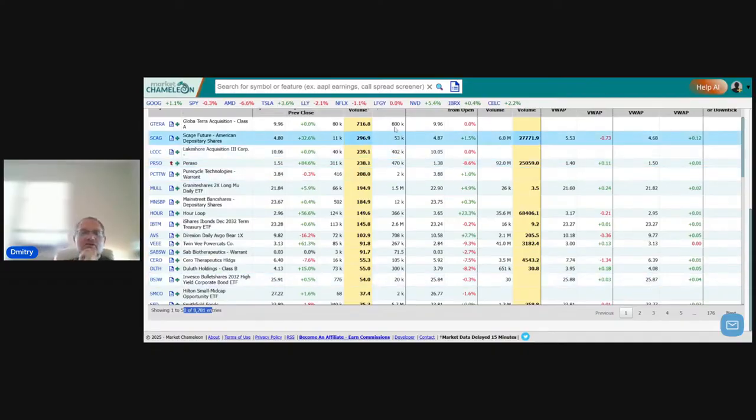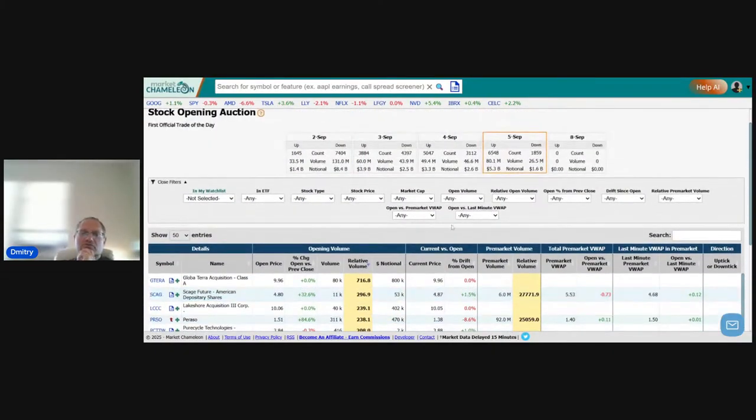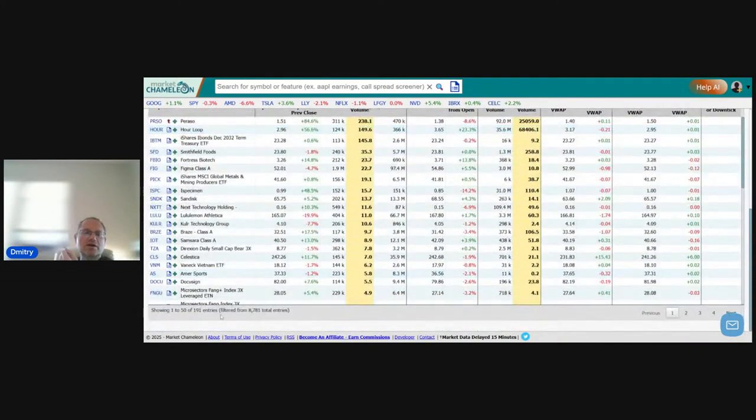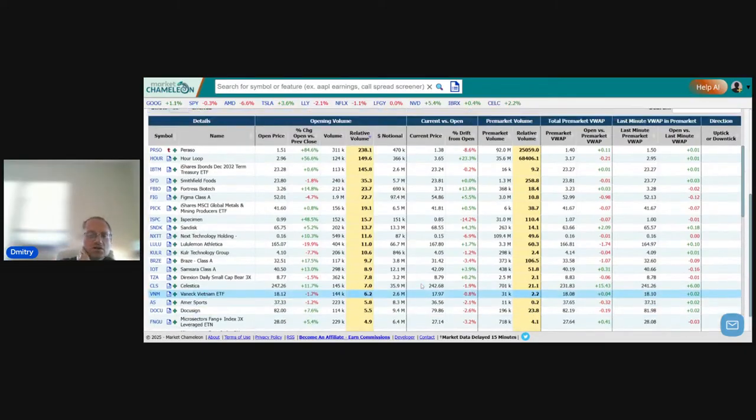But I'm going to filter out some of the stocks that opened with a higher volume. Let's just say above 100,000. Now you can see we narrowed it down to 191 stocks out of 8,781,